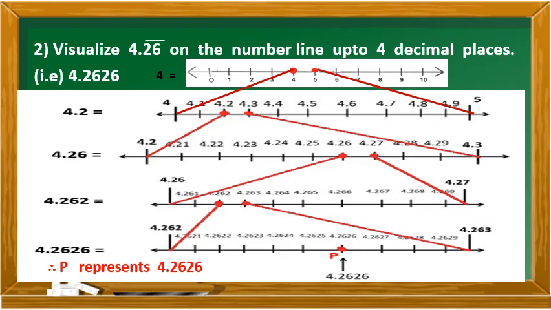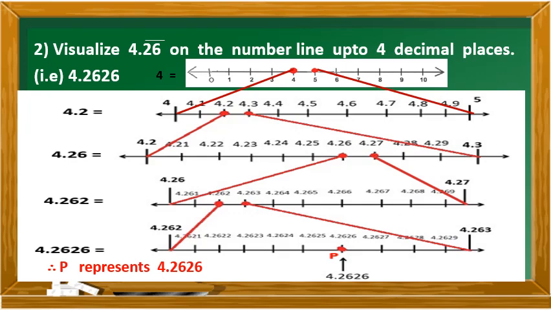First of all, represent 4 on the number line. As we have done before, draw a number line, divide it into 10 equal parts, and since 4 lies between 0 and 10, mark 0 to 10 all the points. Represent 4 by putting a circle at 4. Now we have to view the next point, that is 4.2, where it lies. It lies between 4 and 5. So circle 5.